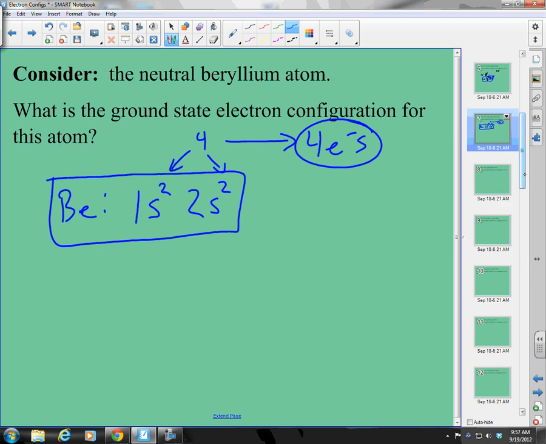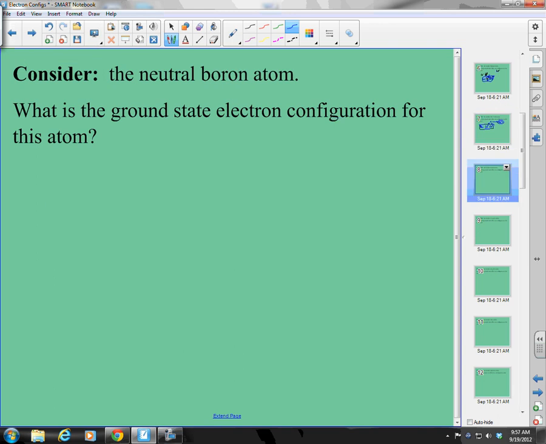How are we doing on time? Let me see if we want to do the next one or if we want to call it here. What's the next one? Neutral boron. I'll tell you what. Let's call it quits right here, and next time we'll